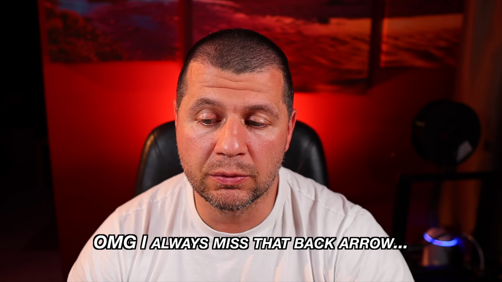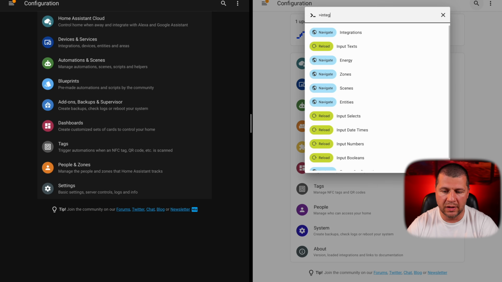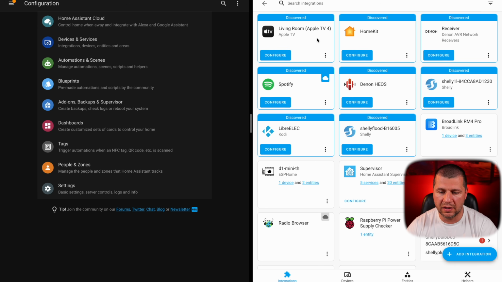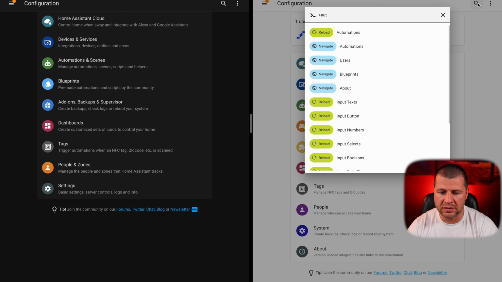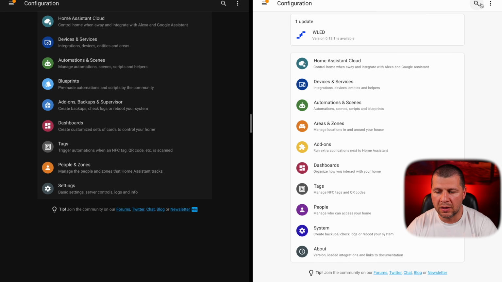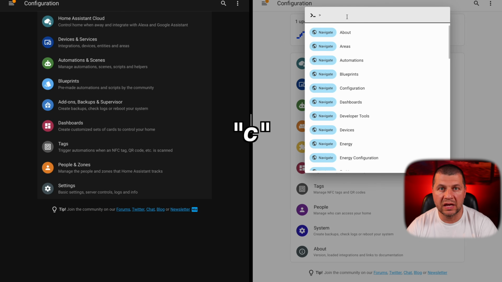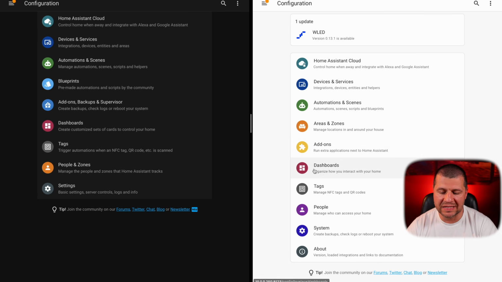I'm recommending you to use this magnifying glass to find, for example, integrations, navigate, and you're going there. Or for example, automations, navigate and you're going to your automations. You can use the shortcut C, which invokes the same search bar, and you can type restart, for example, and you immediately see the restart menu, and you can click on it to restart it instead of looking